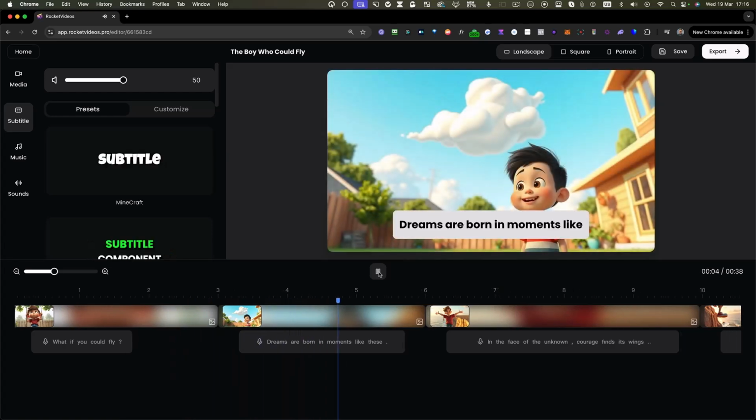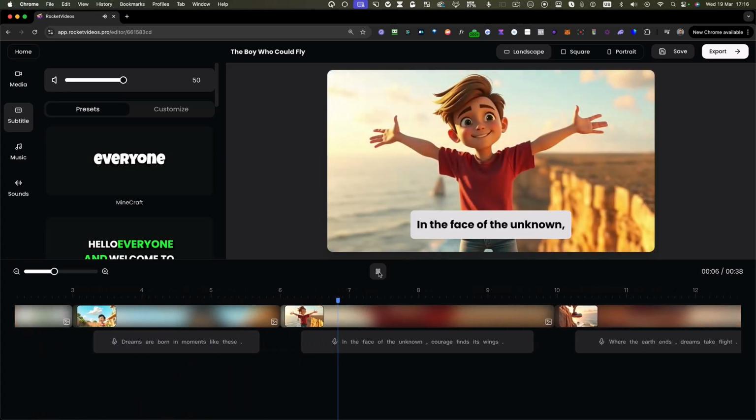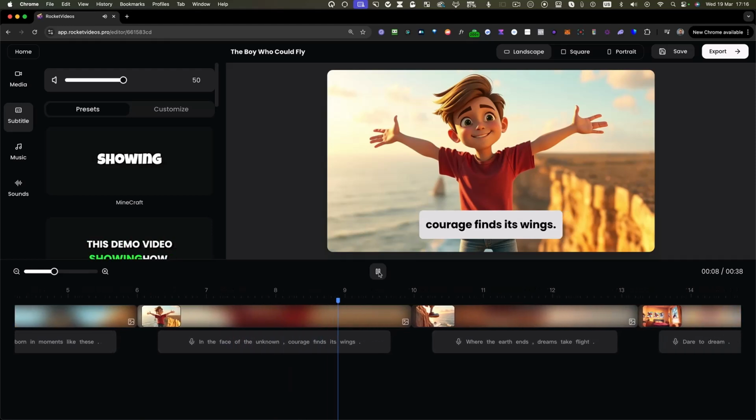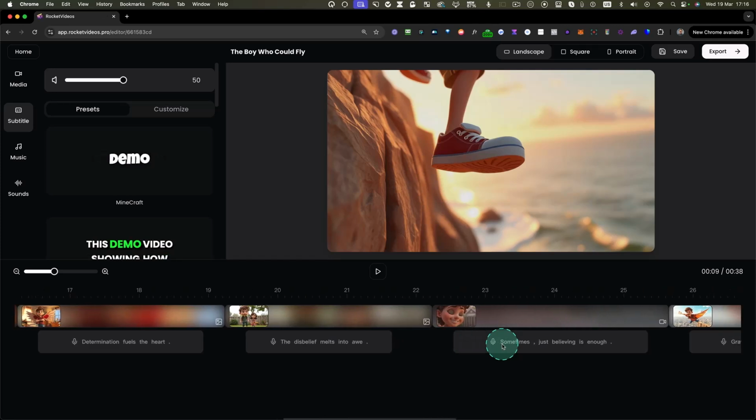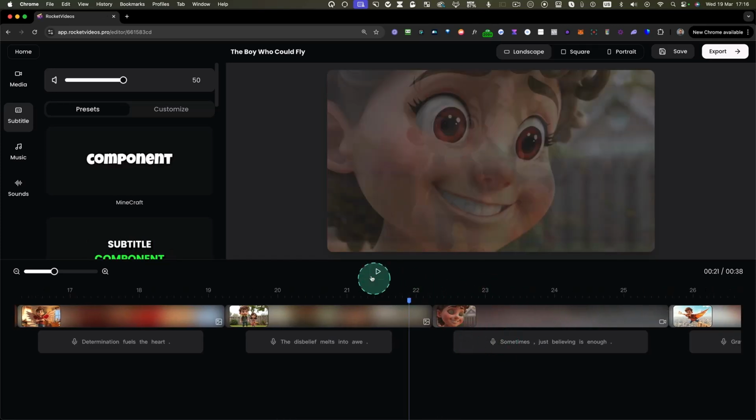Dreams are born in moments like these. In the face of the unknown, courage finds its wings. and when we fast forward here to this scene, you can also see that the image that we generated a